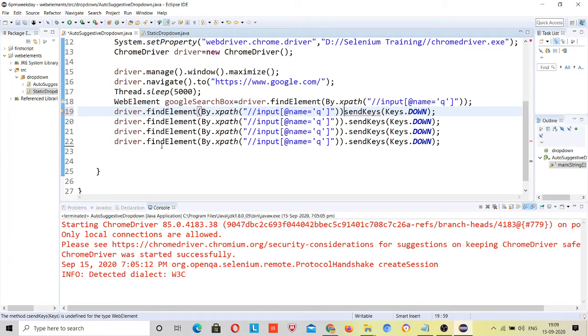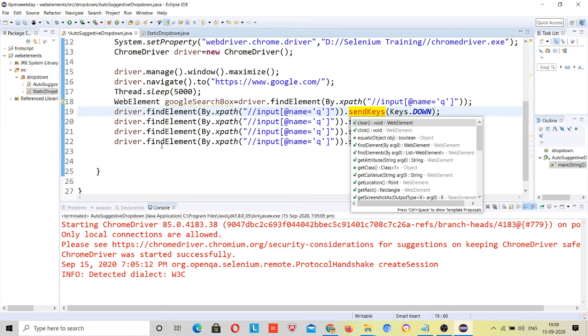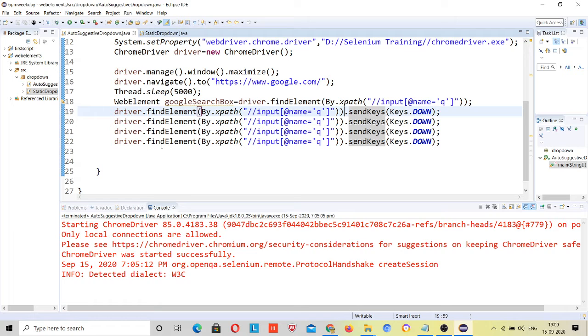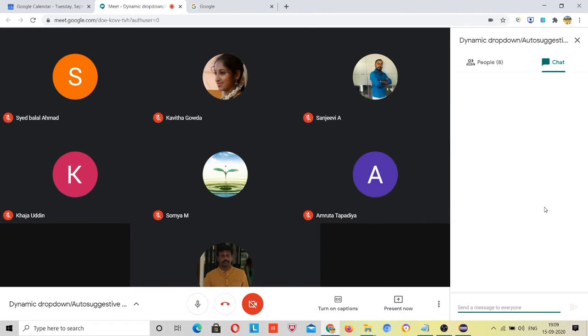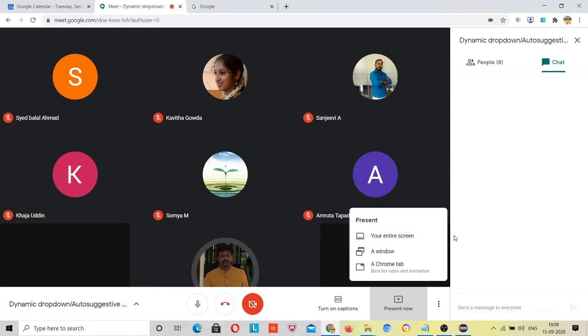Can you share your screen? No, no. After that, on this element you are using the click method. I have shared the four queries in the chat itself, means four lines of code. Let me check it. No, no, I recently joined, that's why I cannot see any chat. Let me share my screen first.